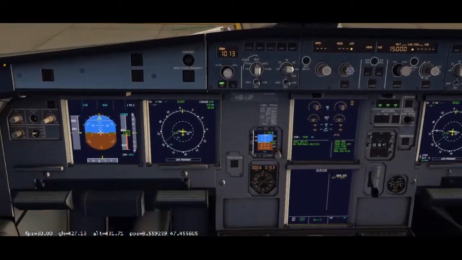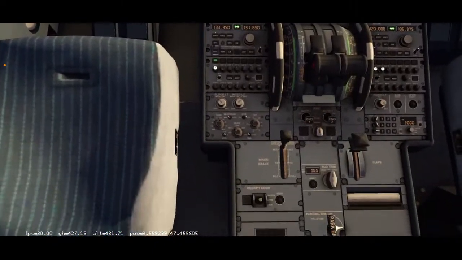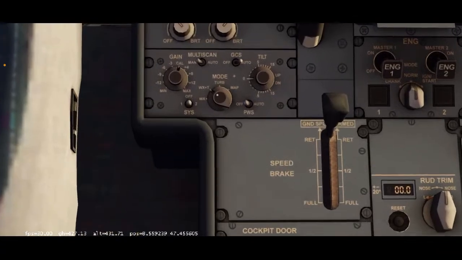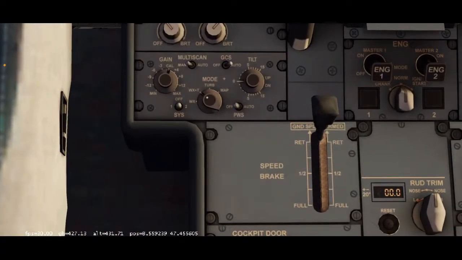If you guys look down here on this left panel, you're going to see a little switch. It says PWS, Papa Whiskey Sierra. You're going to want to turn those on. Basically, when the aircraft is coming down, it's going to give shout-outs to you that you're at 500, 300, 200, 100. So the usual 50, 40, 30, 20, 10, 5, and then retard, obviously, rotating the aircraft just a slight bit in order to land safely. So put that to auto.